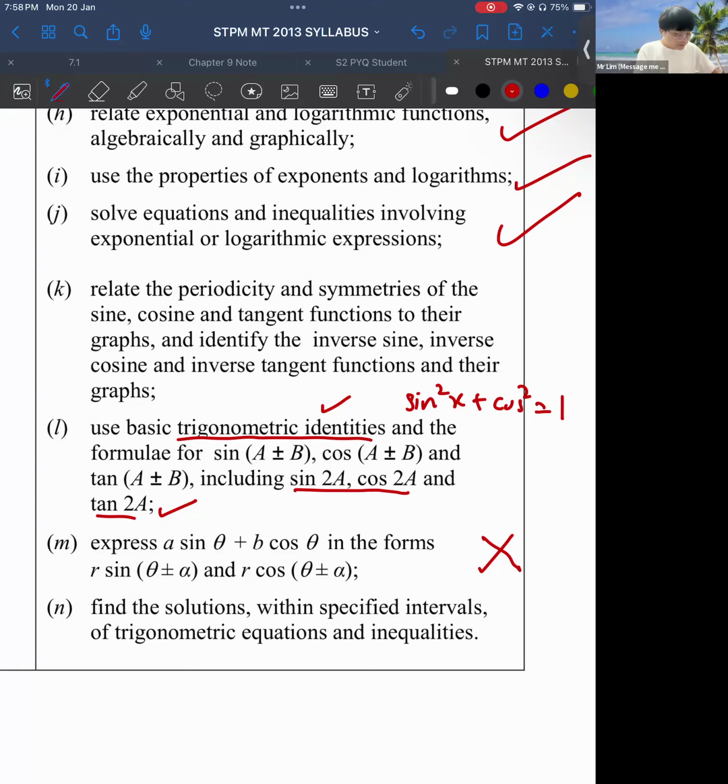Okay. Solve simple trigonometric inequality is also a yes. This one, you must remember how to solve a simple inequality. For example, sine theta equal to 1, for theta in